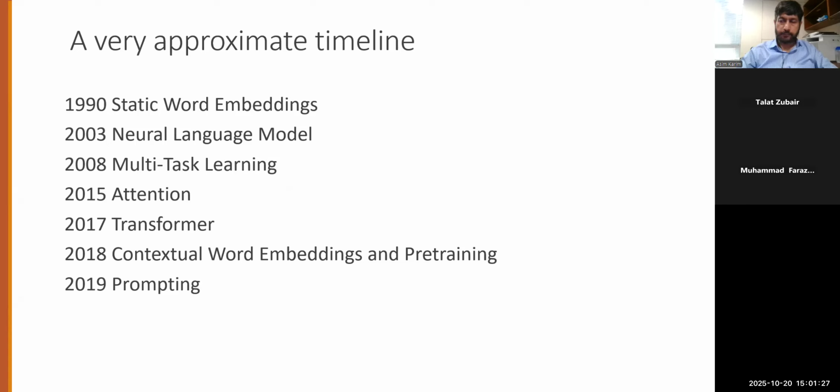This timeline is approximate as mentioned in the heading, and it's more based on the first use of a concept. But that concept, when it was first introduced, may not have garnered much popularity. उस वक्त लोगों को शायद नहीं पता चला था. So, for example, the idea of embeddings and static embeddings was presented or known in the early 1990s, but it only became known or popular in the early 2000s. Okay?